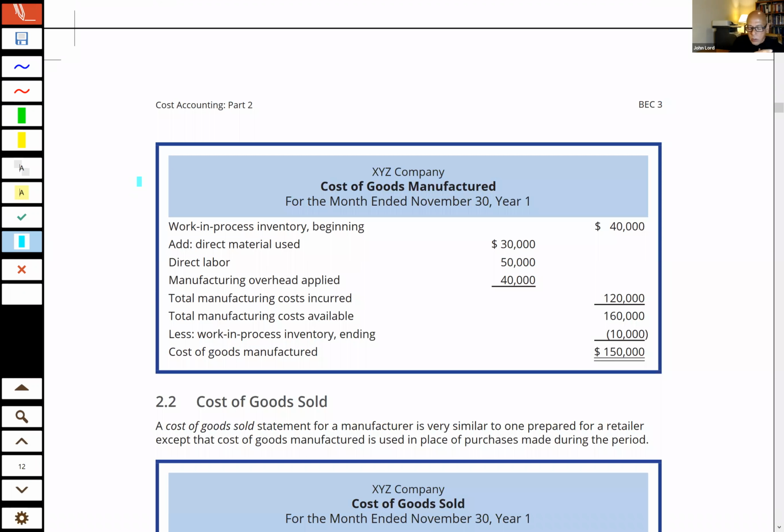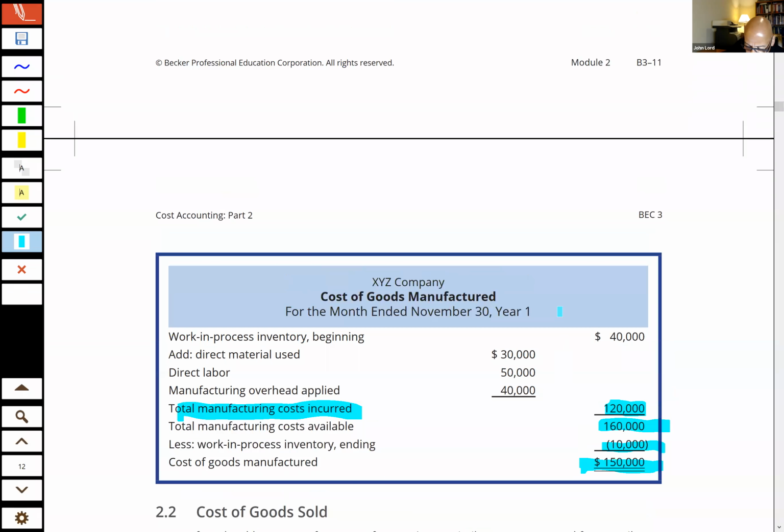Okay, so they show us how to calculate the cost of goods manufactured, which is the beginning work in process, add direct materials used, and our direct labor and our manufacturing overhead. Notice these three numbers are our manufacturing cost, which I asked you to flashcard that definition, right? And so we have total manufacturing cost available. We take out the ending work in process, and that difference is the cost of goods manufactured. Now, the reason I'm sitting here struggling with myself is, do I want to show it to you here like this?